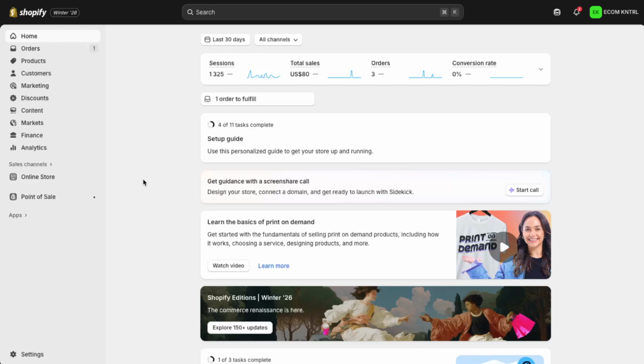Go ahead and log into your Shopify account the way you normally do. Once you're signed in, you'll land on the main admin dashboard, where you can see your orders, products, and other store information. This is your control center, and from here, we're going to head into the settings where domains are